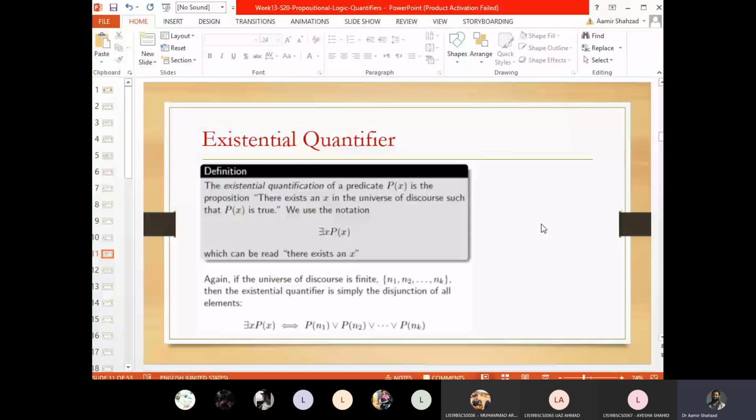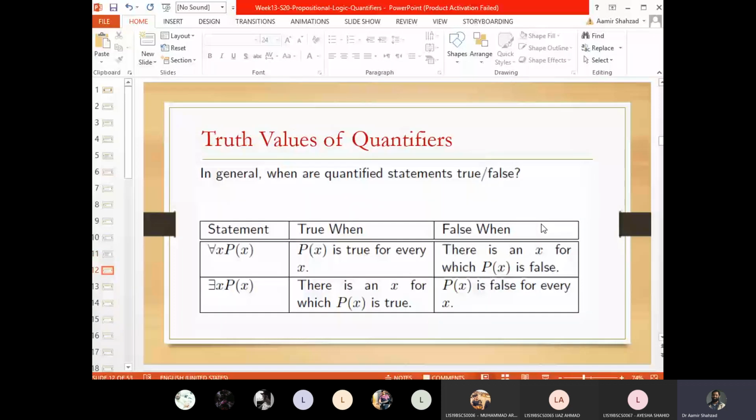When these quantifiers are true, when these quantifiers are going to be false. For all x, p of x, universal quantifier. So obviously it is true when it is true for each and every value of x. When will this be false? It's going to be false, it's going to be negated when we can find at least one exception. If for at least one value it does not hold, then we cannot say for all x, p of x.